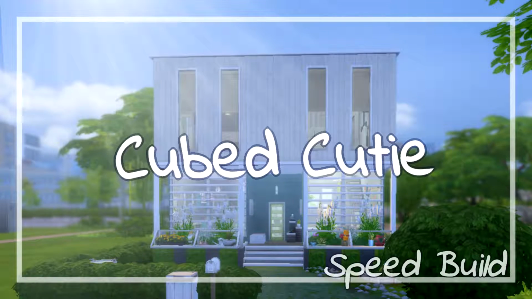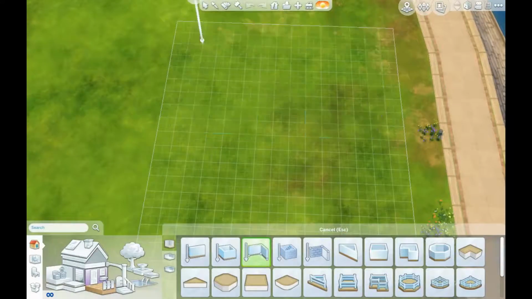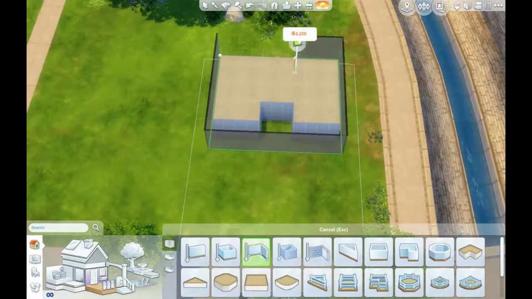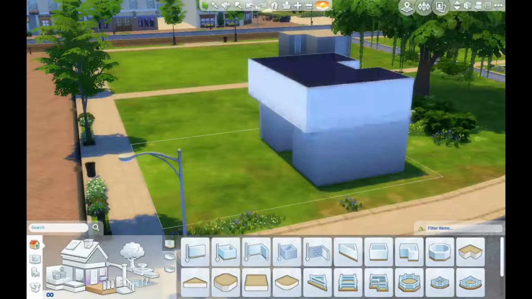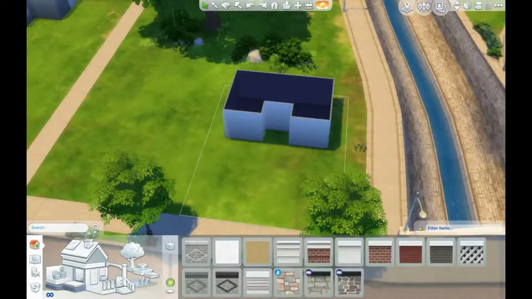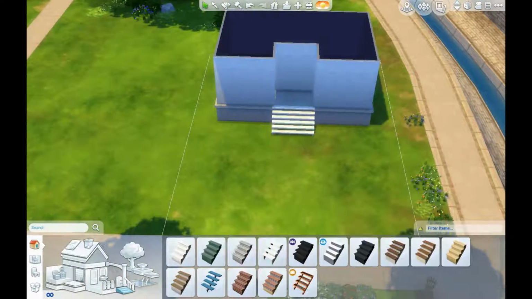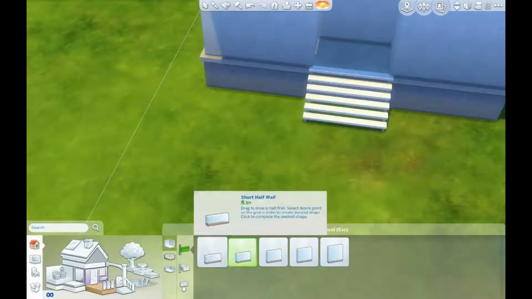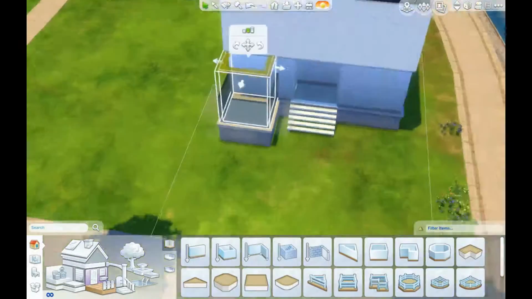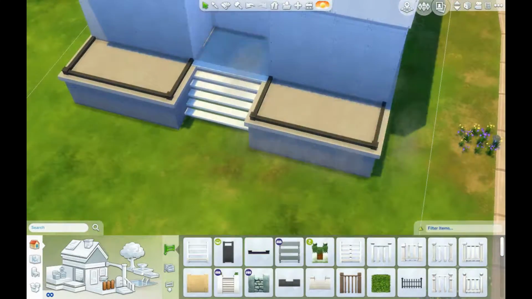My name is Penelope, or Penapple, and today I will be doing a speed build. So I'm making a little house. It's a 2-bedroom, and it's a bit small. I built it on one of the smallest lots in The Sims to kind of keep costs down, but I don't really know why I do that, because I've always added so many decor items that the house becomes